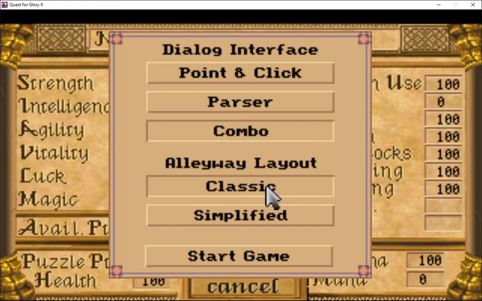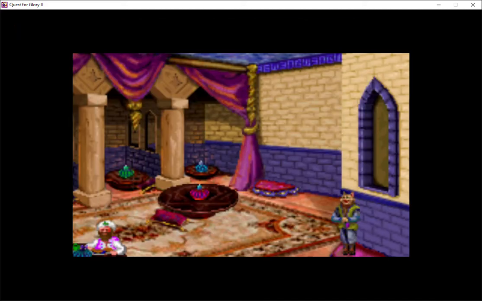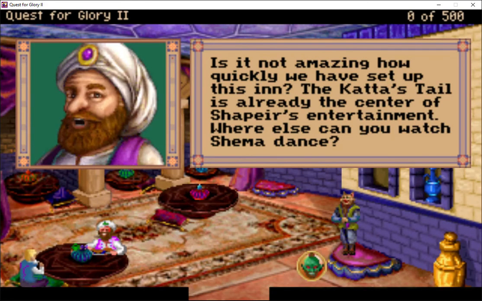And then the alleyway layout, well, you can start with Classic or Simplified. Classic gives you the original huge maze that is the streets of Shapier. Simplified will take out a lot of the locations that you don't really need to walk through. I am going to stick with Classic because I fully intend to give you the classic Quest for Glory 2 experience as much as possible, but also because if you do Simplified, there's a lot of Easter eggs you can't access. So this should give us the greatest number of options, and we start off in the newly built Kata's